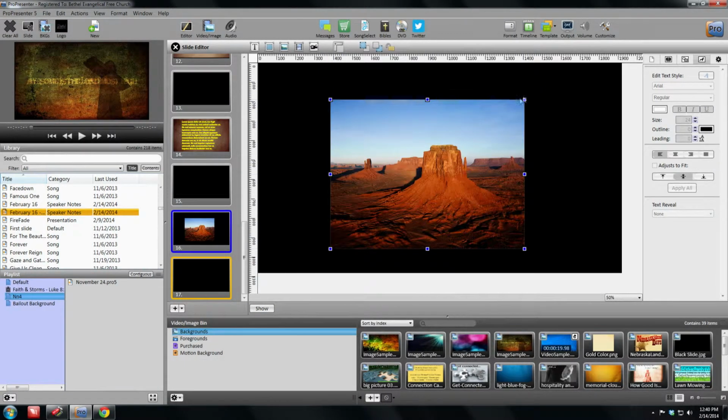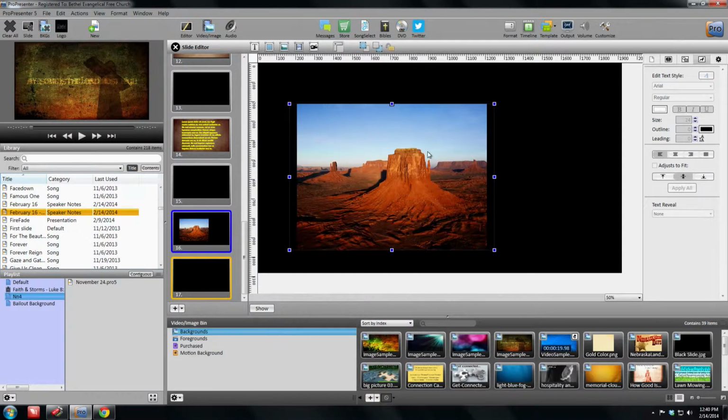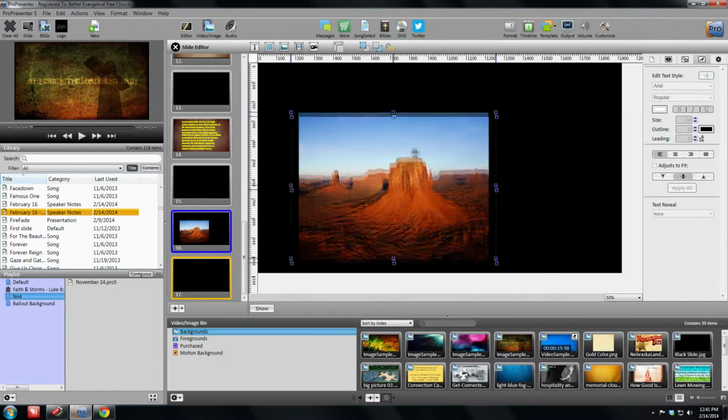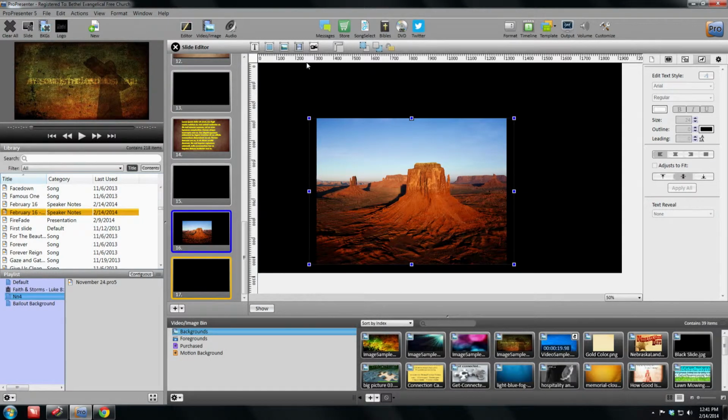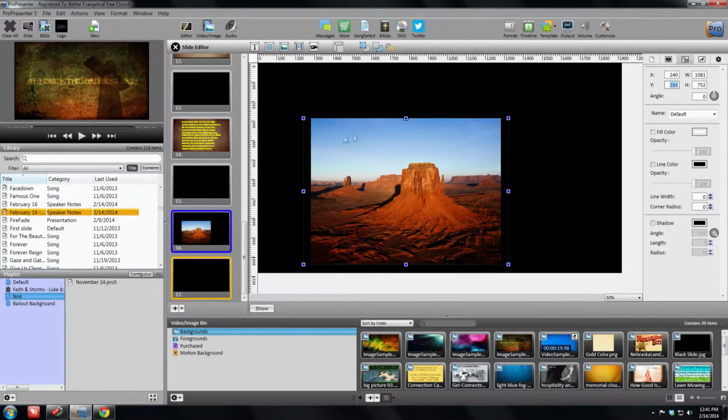I can now move it around, resize it as I need to, and it gives me a little bit more control over what we're doing. Now, as I mentioned before, our projectors on our screens will cut off the edges of our image. It just so happens that, mathematically speaking, if you go into your object properties, that means that our x dimension is 240. The x dimension measures the distance in pixels between the left edge of our slide and the left